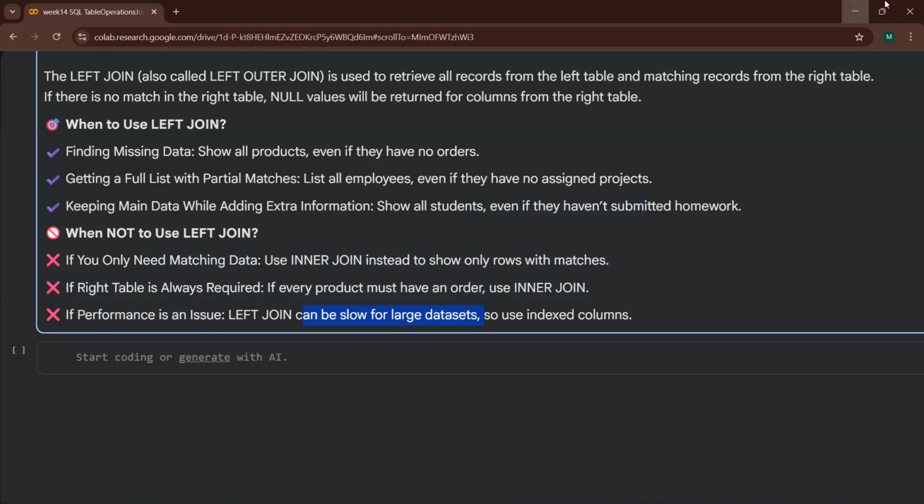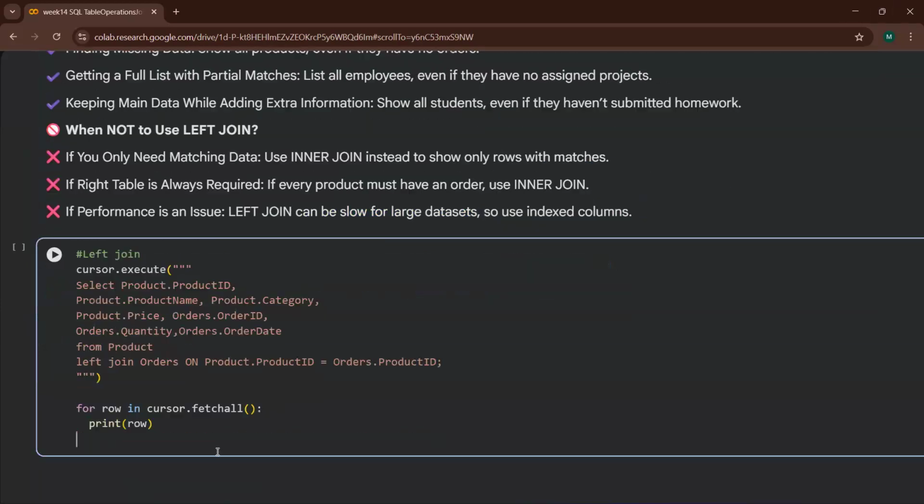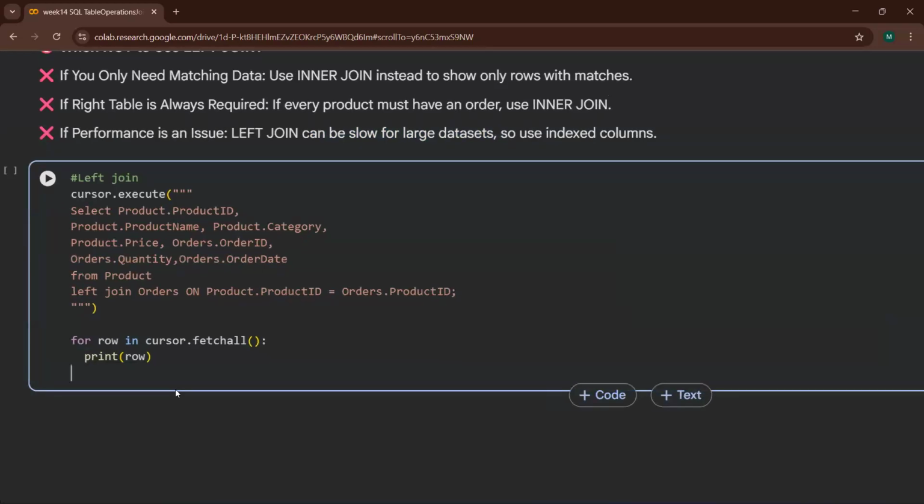So for that part, what we are going to do is exactly the same. You guys can also check it over here.